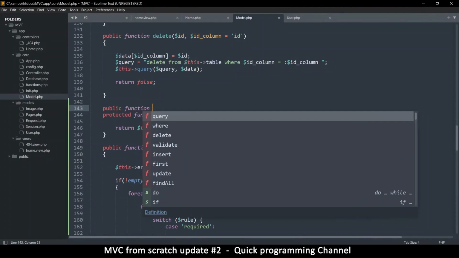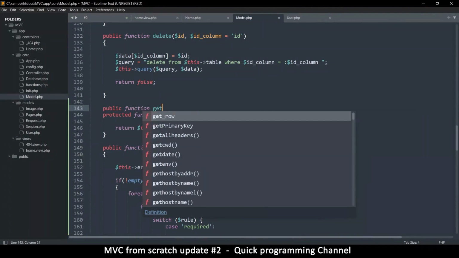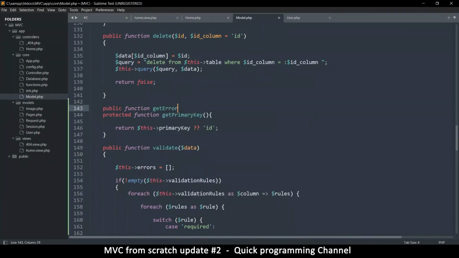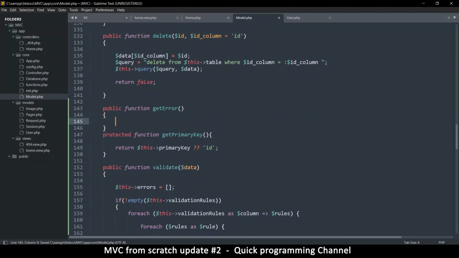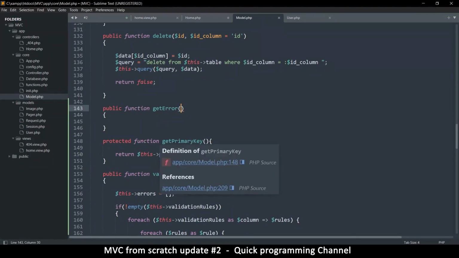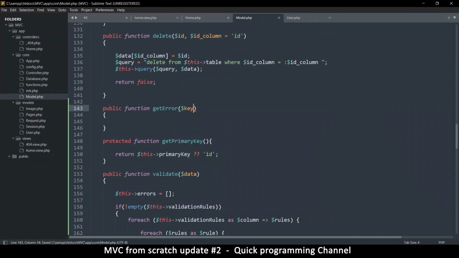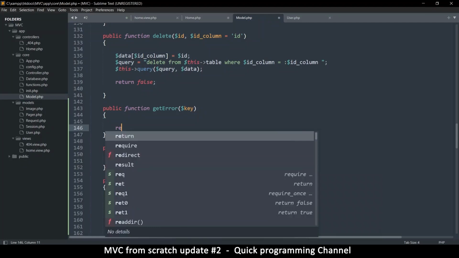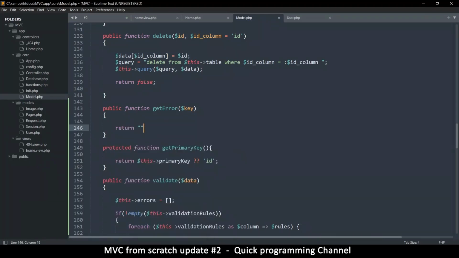So public function, we'll say get error, like that. Okay. So this get error is going to check if an error exists with a specific key, like that. So I'm going to say, if nothing happens here, we return an empty string, and then